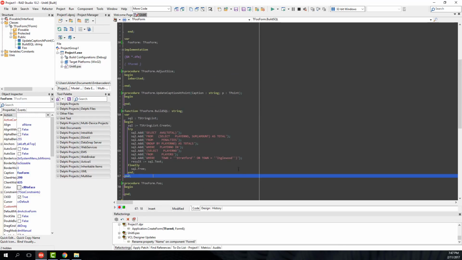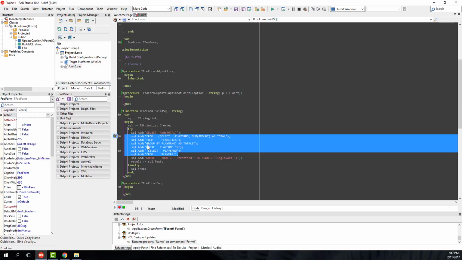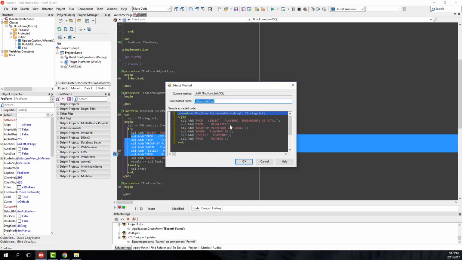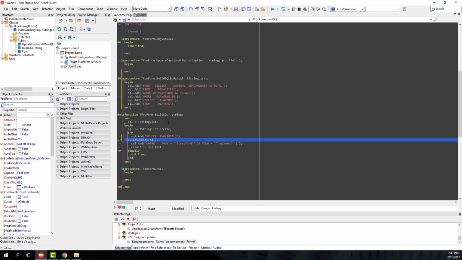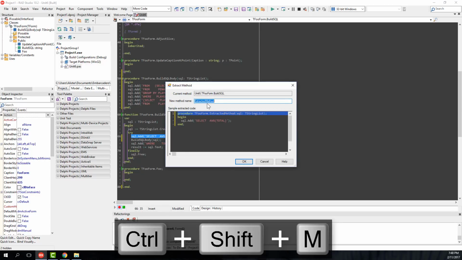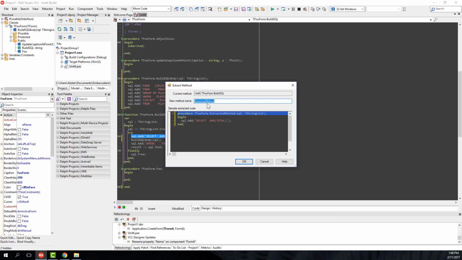So the other refactoring I use quite a lot is extract method, which is Ctrl-Shift-M, and we can call this build SQL body. This is really arbitrary refactoring. It's not really appropriate at all, but it sort of gives you an idea how simple taking a complicated method and decomposing it into smaller methods can be. It can be quite quick and easy,